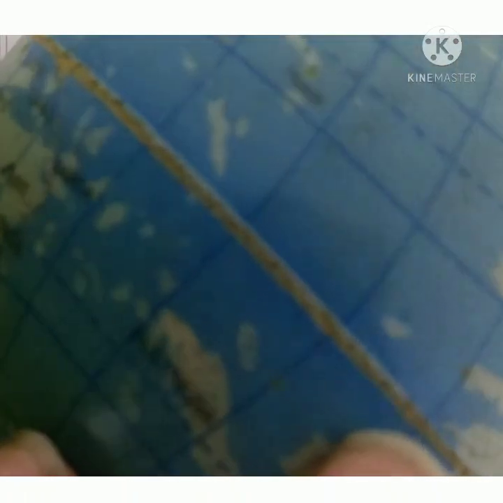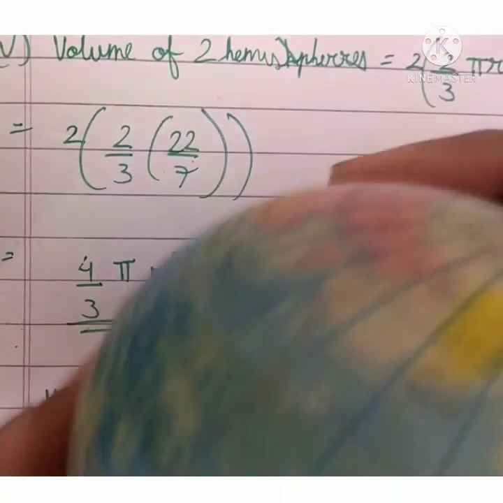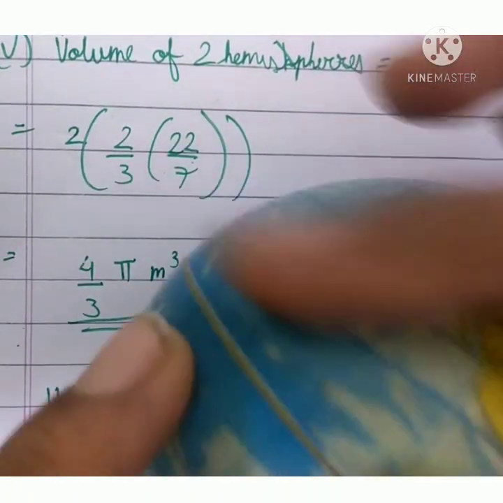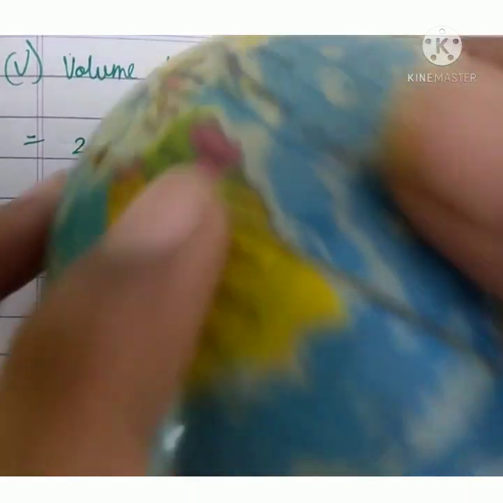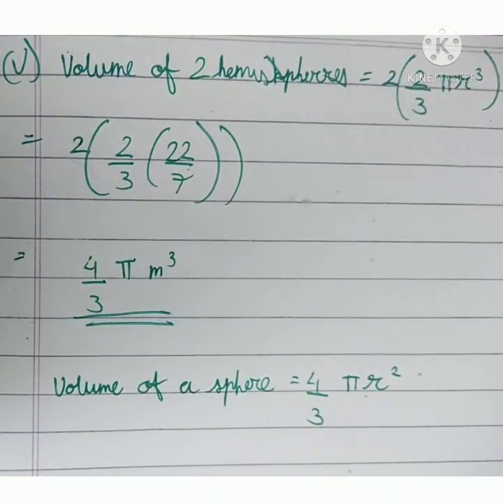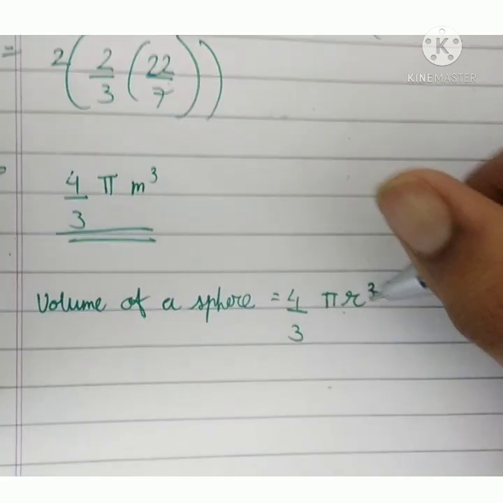I'm zooming in the video. Okay, you can see this yellowish line. If we slice the ball from here, this ball will split into two parts. One of the parts would be above this line, the equator, which would be this whole region, and one region would be below the equator, this region. So these both regions will be known as the hemispheres. If you combine two hemispheres, it again becomes a sphere. So I hope now you have the concept of hemisphere very well.